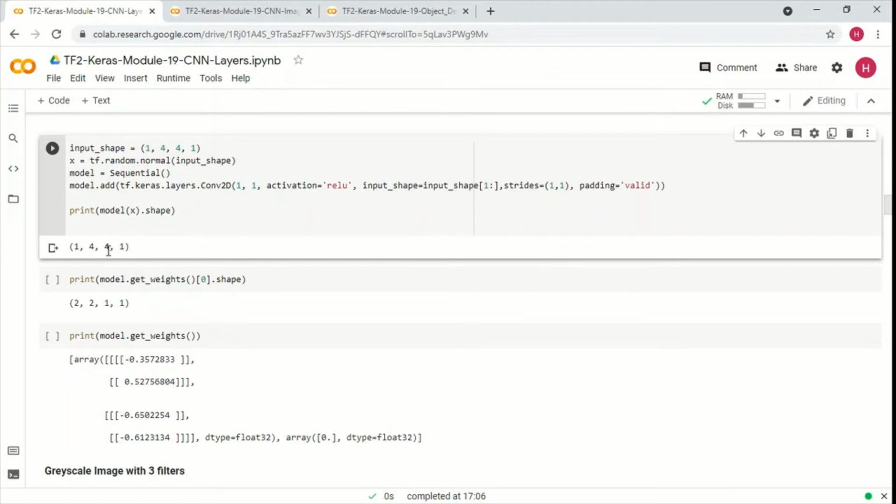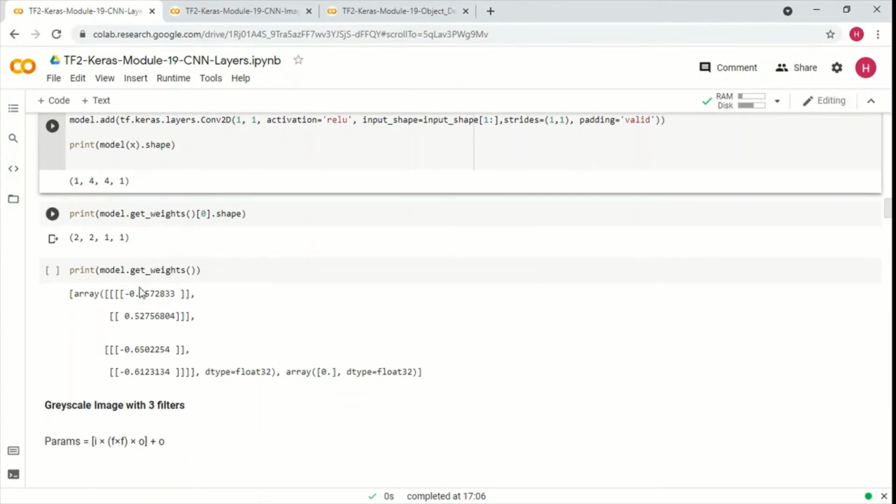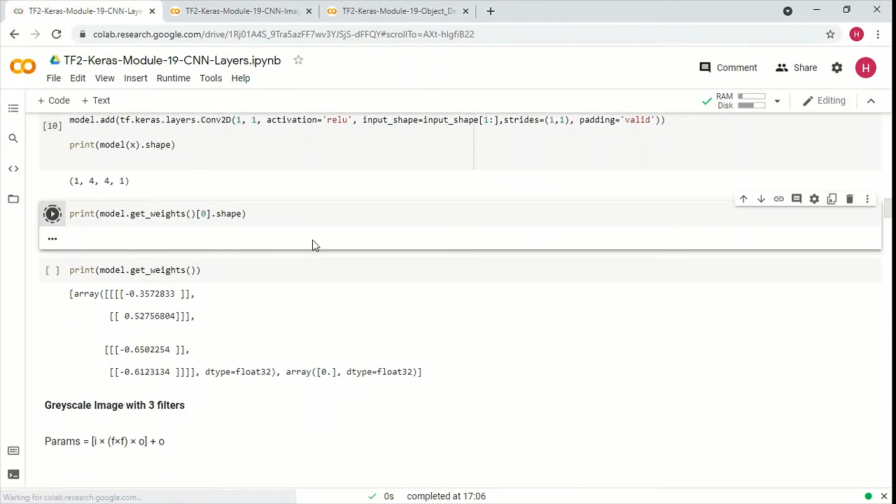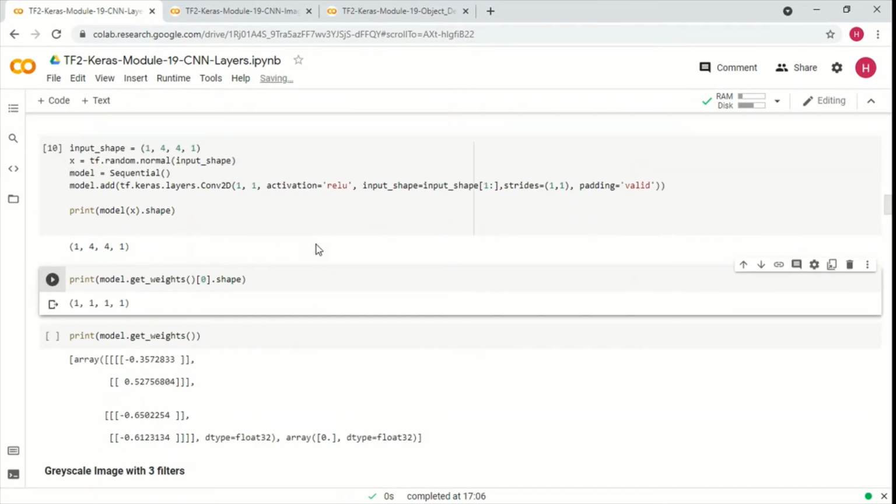This is exactly as we expected, because the filter size is 1 and we have one filter, so that is the output here, and since we can step through 4 by 4, 4 times, we are getting this. Let's also get the shape of the weights here, which is 1 1 1 1.